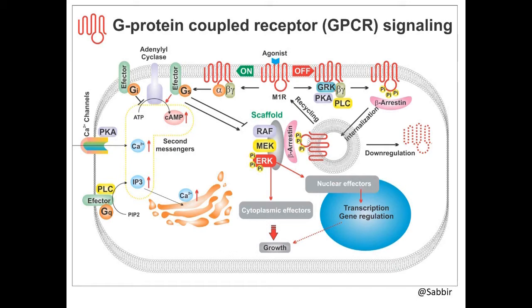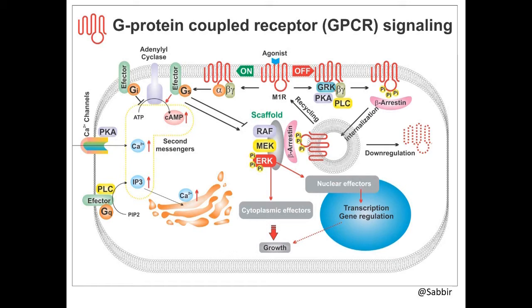In the previous slide, I mentioned how GPCR signaling can activate and open membrane-bound ion channels. In this slide, I'll discuss how GPCR signal transduction causes release of calcium ions from the internal storage, mainly endoplasmic reticulum. As you can see here, agonist binding to GPCR, for example, muscarinic receptor, causes conformational change and recruits trimeric